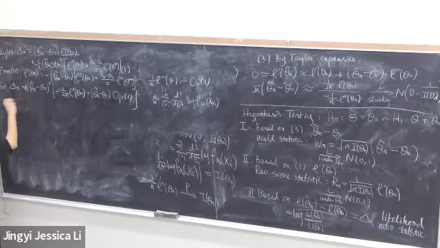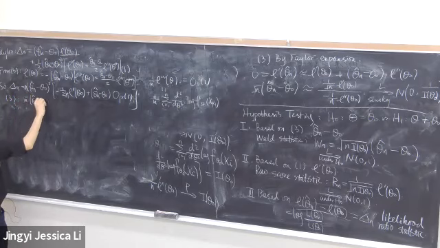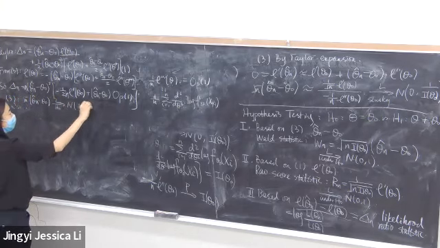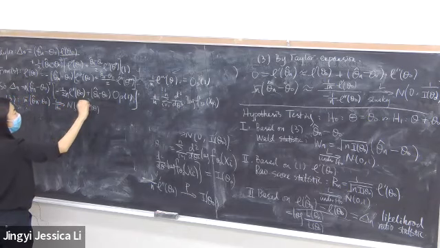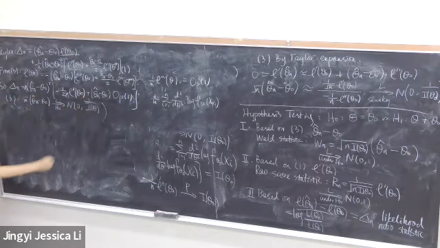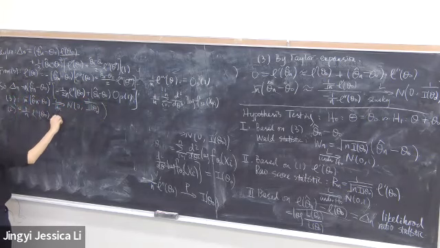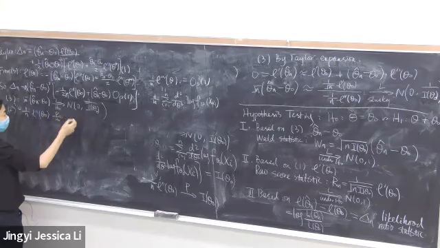So 3 tells me root n, under null for sure, is convergent to inverse of Fisher information. And 2 tells me this converges in probability, of course, under null as well, to,